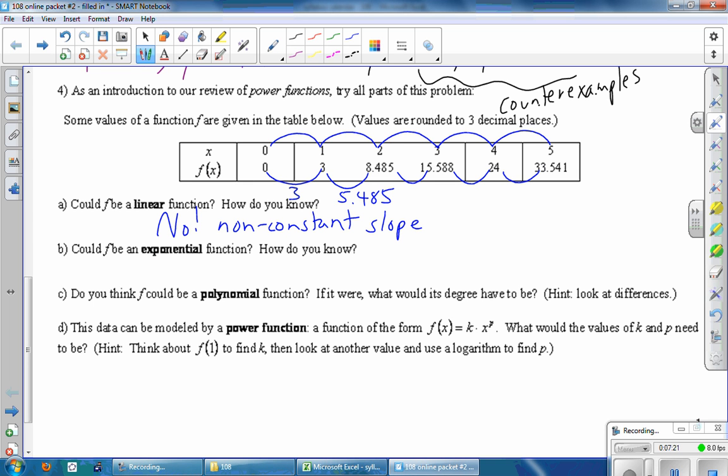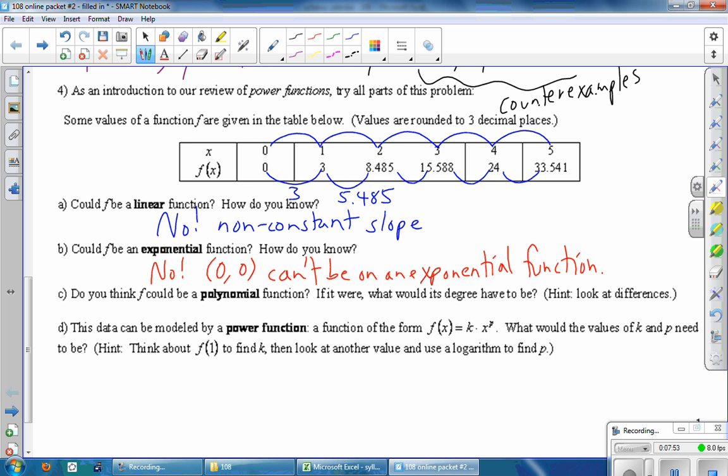Part B, could f be an exponential function? How do you know? All right, so there's one thing in here that says automatically it's a no, because this function in the table passes through the origin. That's the first column. But exponential functions cannot possibly pass through the origin. In fact, they can't hit the x-axis at all. So that's cute and quick and all that, but probably more fundamental for why this cannot possibly be an exponential